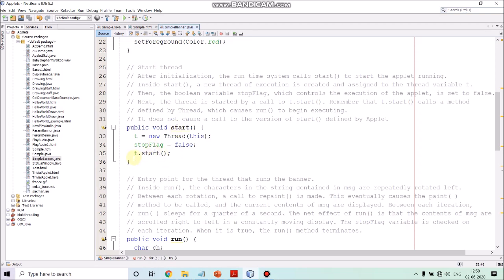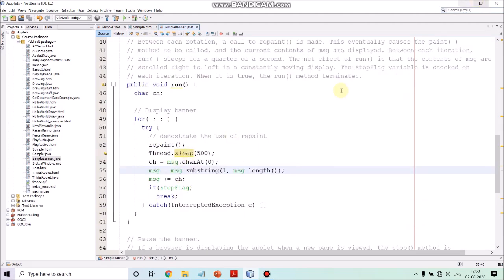The start method of the thread calls the run method, and we provide the implementation of the run method over here. Inside the run method we have an infinite loop. This loop terminates when the stop flag becomes true, and we make the stop flag true in the stop method.